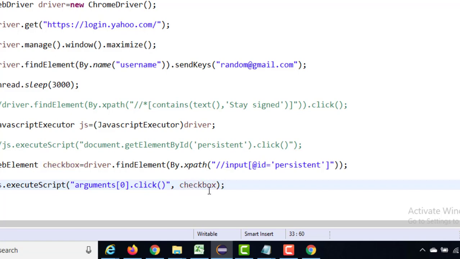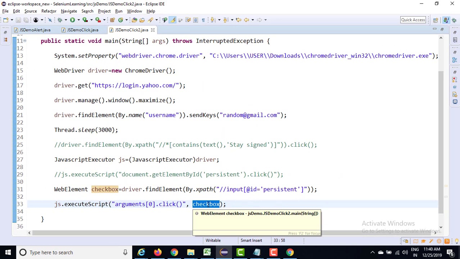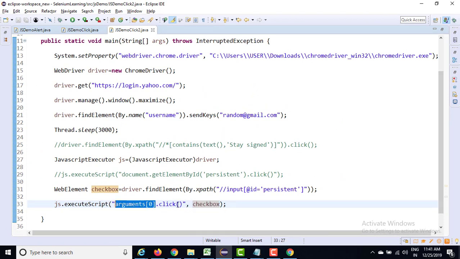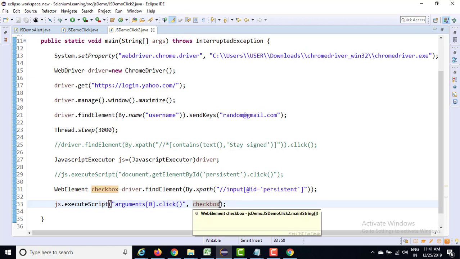Very easy. So this argument is the checkbox. It is going to replace arguments[0], and it will say click. In case you have multiple arguments, let's say you want to pass 3 arguments, it will change to arguments[0], [1], [2], and so on.